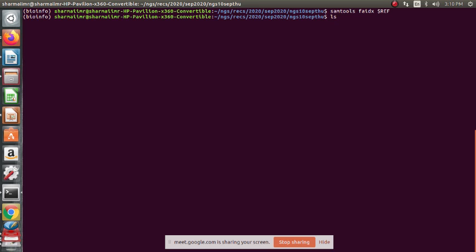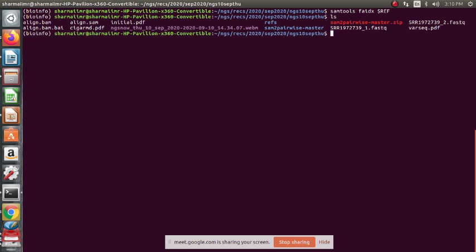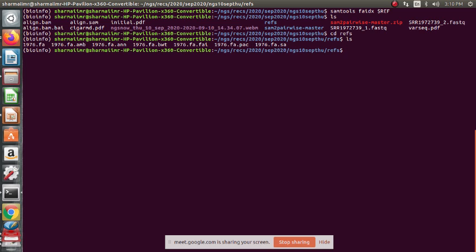So let us see what file it creates. Basically we align the reference, so we should check in the REFS folder. Okay, in the REFS if we check, we see that there's a .fai file, right?